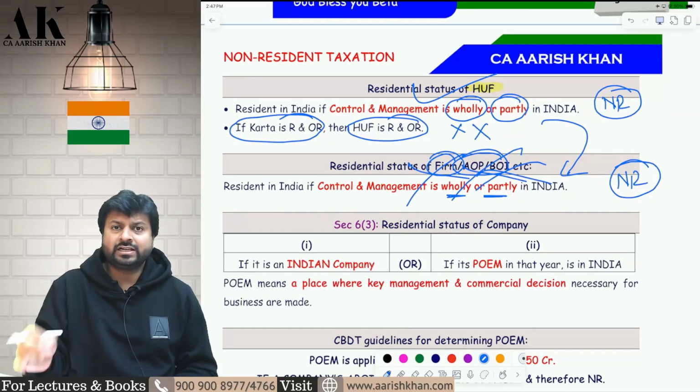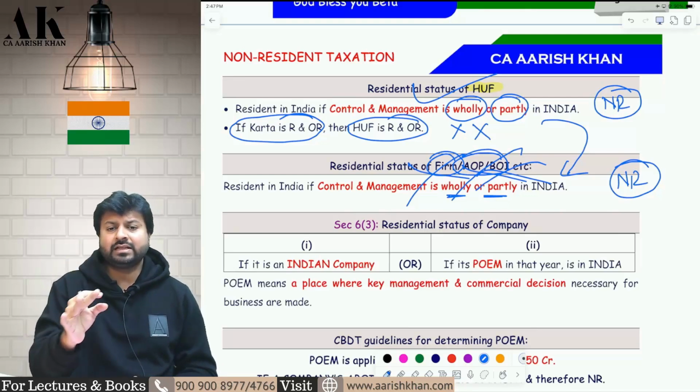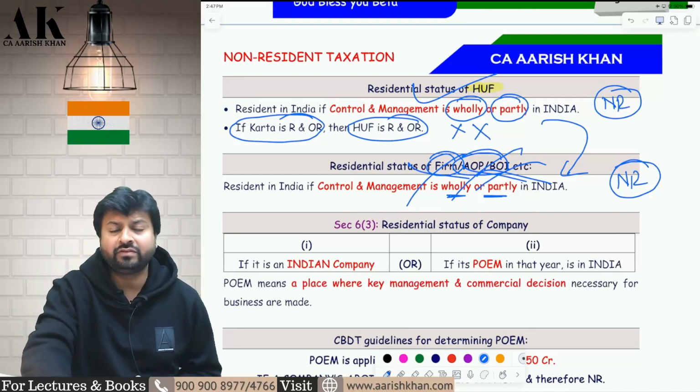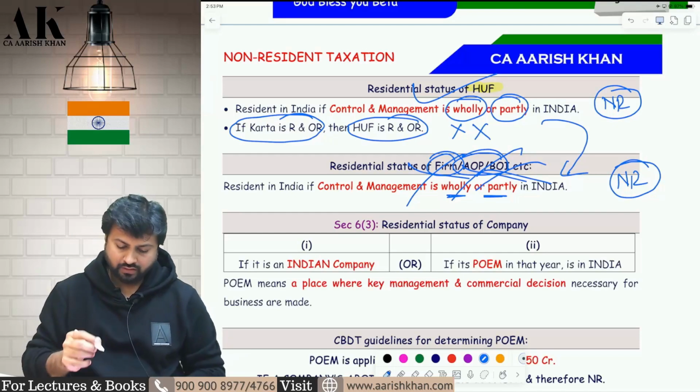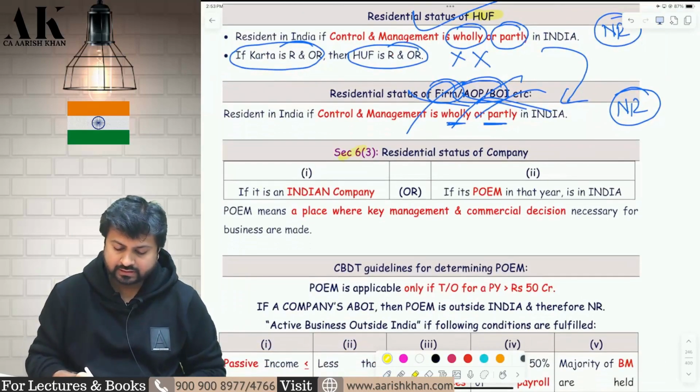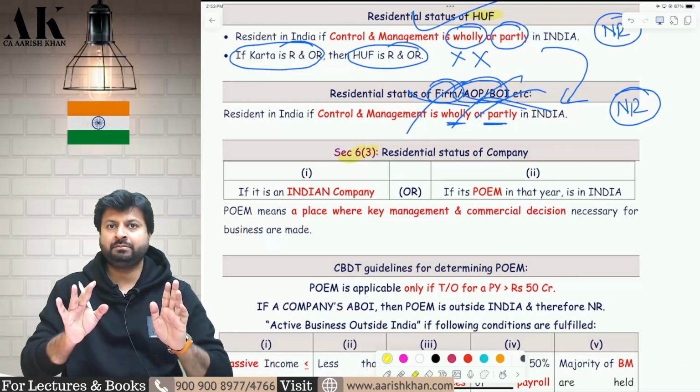The concept of ordinary resident is not applicable to them. They will be either resident or non-resident. I hope it is clear to all of you. Now let's talk about the most important residential status out of all of them, that is the residential status of a